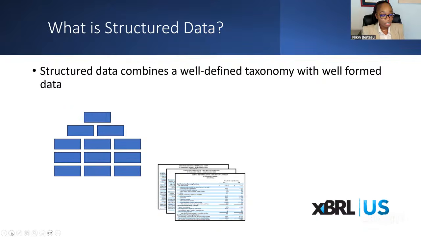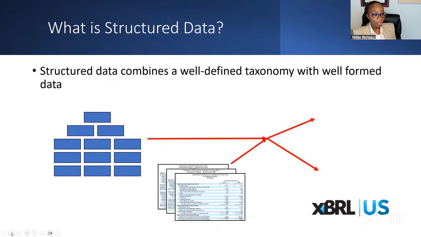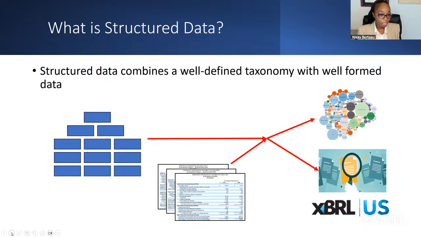So once information is structured this way, it becomes much more useful. It can be searched, compared, analyzed, and reused much more efficiently, not just by regulators, but also by analysts, investors, researchers, other stakeholders. Okay. So XBRL isn't just about filing compliance, although that's obviously very important. It also supports better transparency and better downstream use of that information being disclosed. Okay, next slide, please.